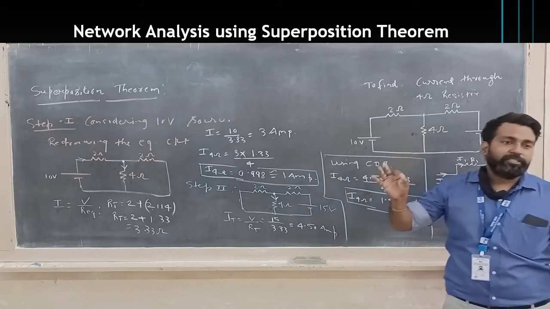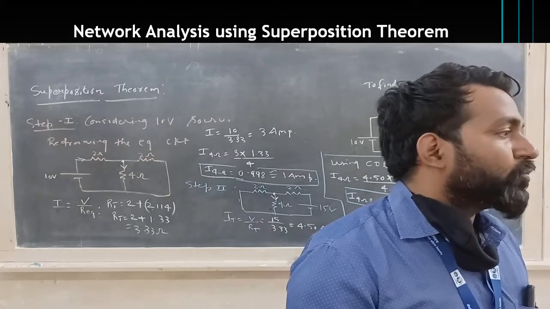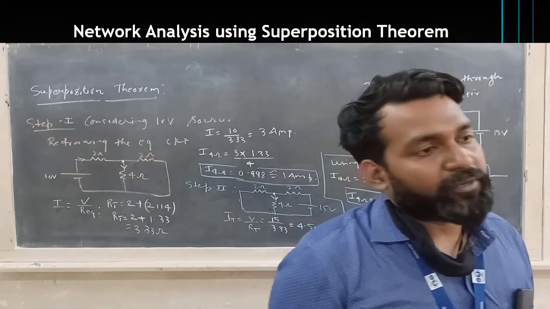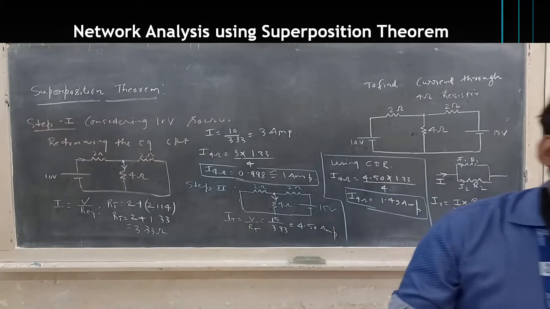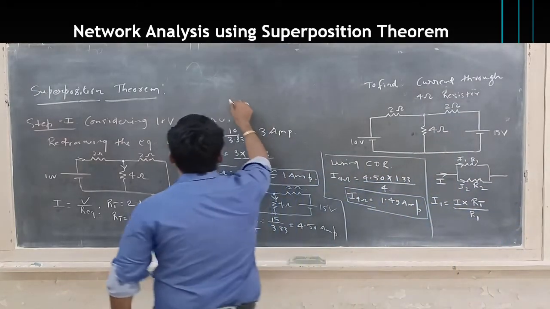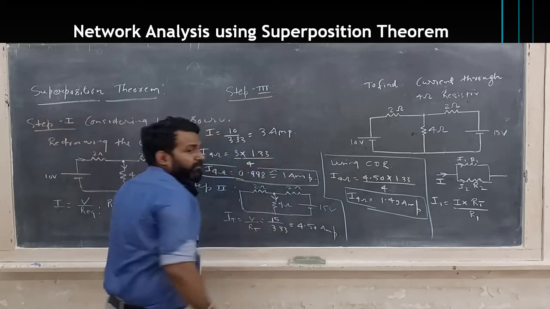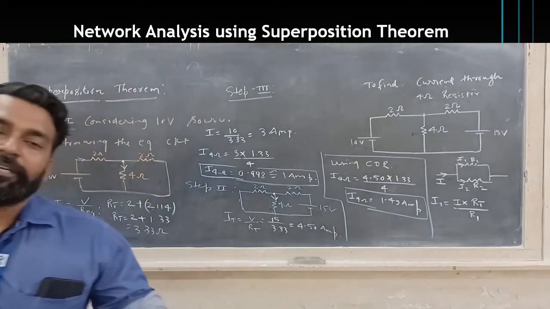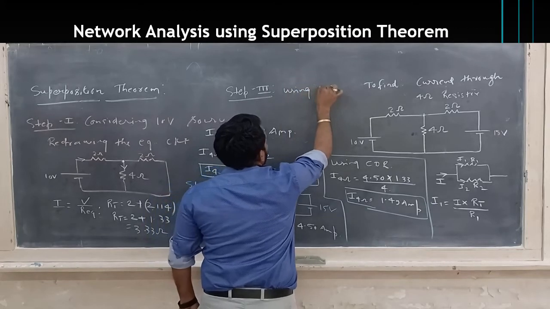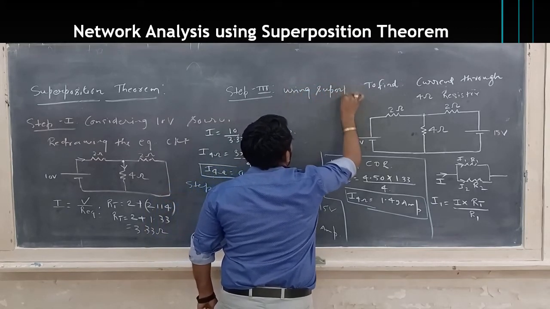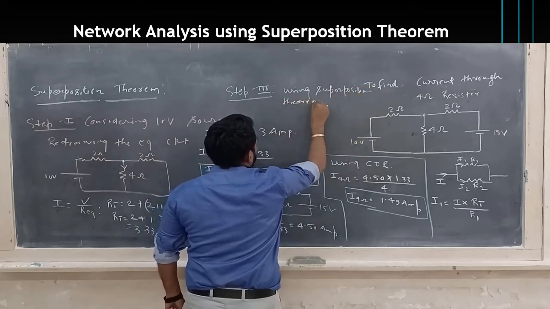Now the last step which I have asked you to write is to find out, using superposition, the total current, which would be nothing but the addition of the individual currents that would be flowing because of the individual sources. Yes or no? Yes. Last step, step number 3. I write here due to shortage of space. Step 3, that is your ultimate step, your final step, your last step. What is that? Using the superposition theorem,